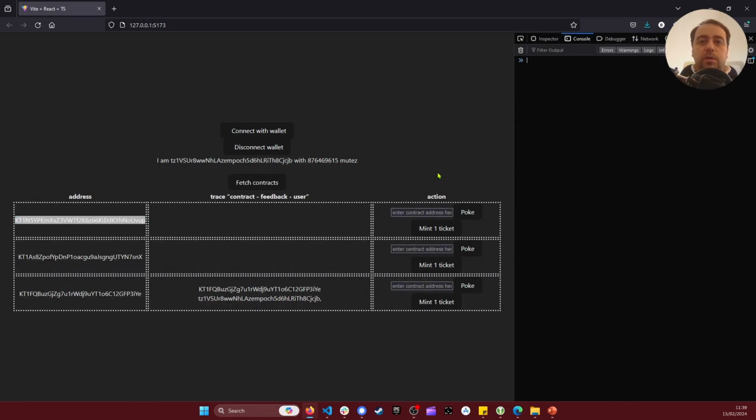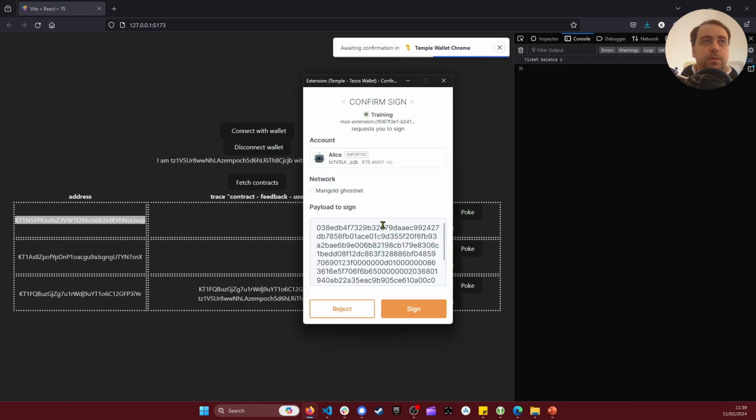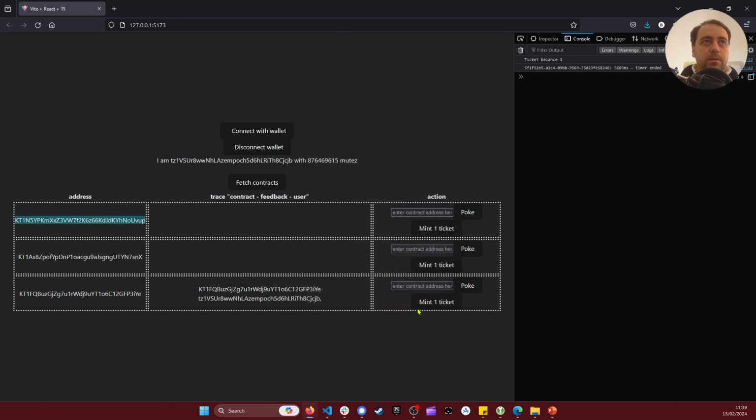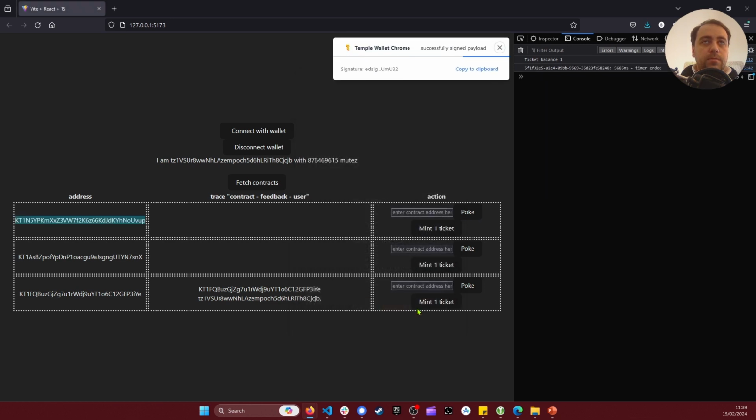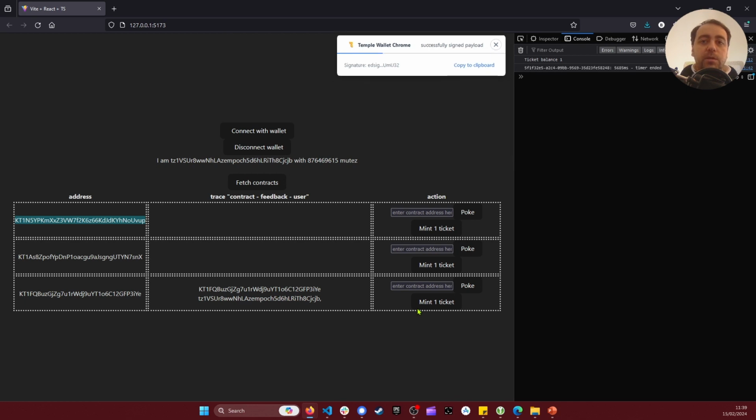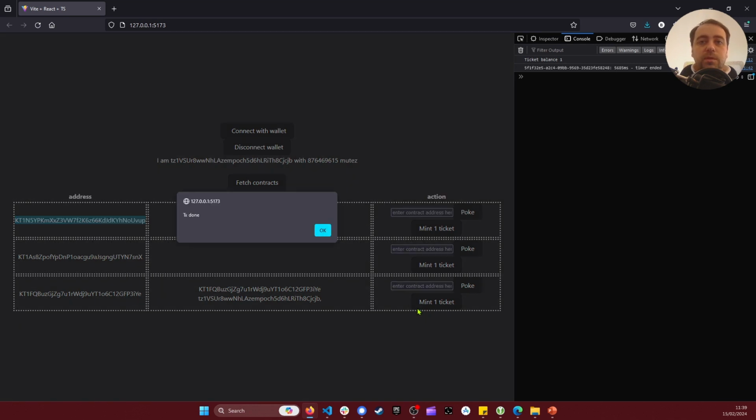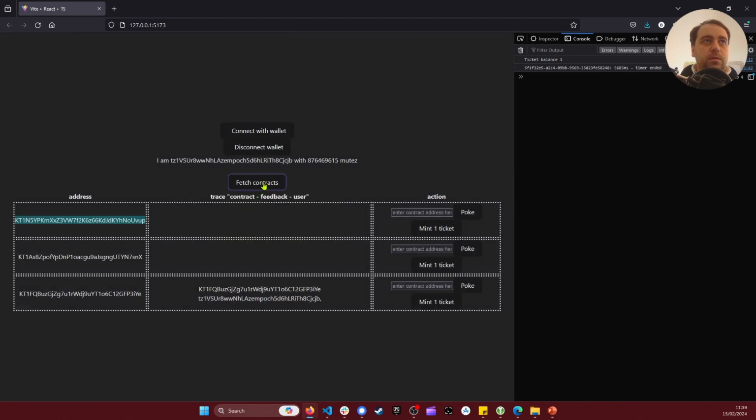Okay, now we try to poke again. Okay, my ticket balance is 1 this time, so I'm allowed to try to poke it. Here I'm transferring my ticket to the smart contract entry point default, and normally it will record the trace in the storage. So let's refresh the storage of the contract. Good. So the trace number 3 works again. It means that I'm testing if I have a ticket I can poke this contract or not, and I'm seeing the trace inside of the storage. So it means it works.